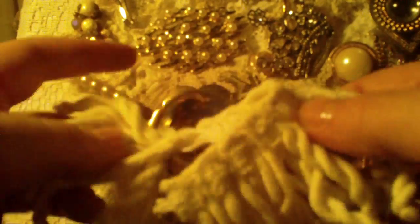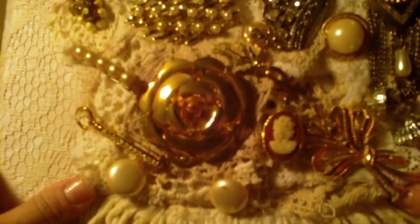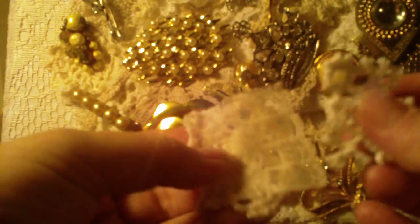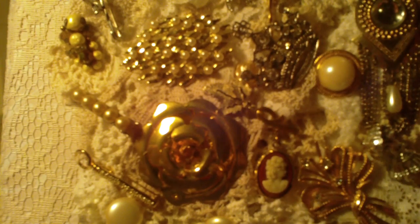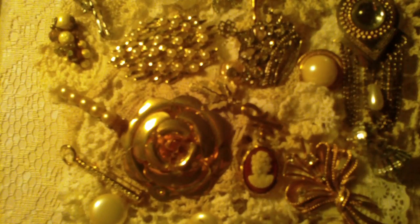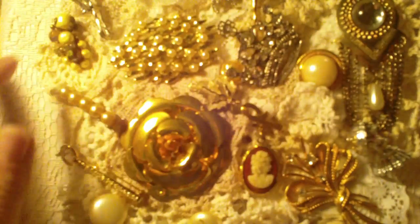Like when I have scraps, like this piece, I was fiddling around earlier, I might stick it there or something, and then just start, here's some more scraps, randomly grab these scraps, and then just shove them there. I don't know if you can see that, but I'm holding it with my thumb right now, but I just shove it there. And here's another little scrap piece of doily, and I'll just stick it there. I glue it, and all of these things on here are brooches, and there's a couple of things I have glued on,